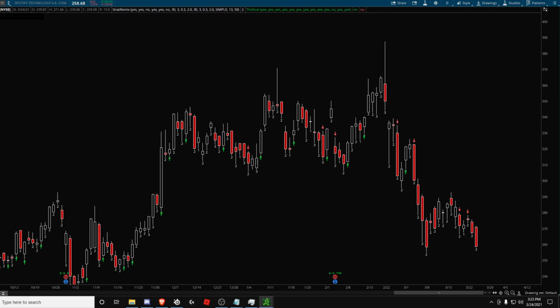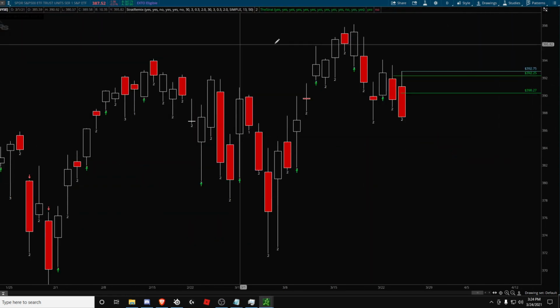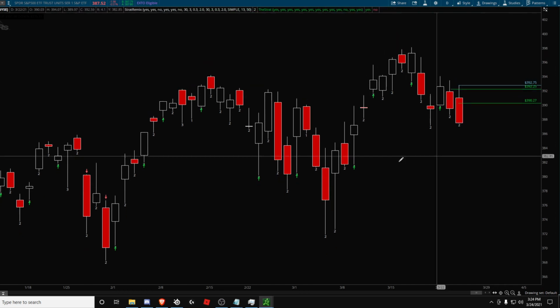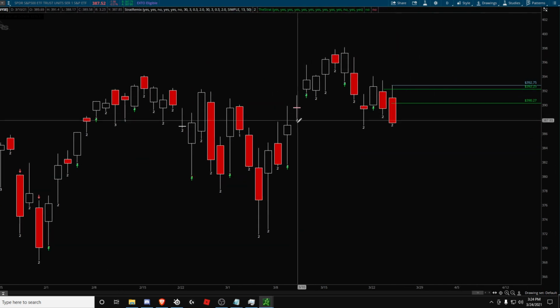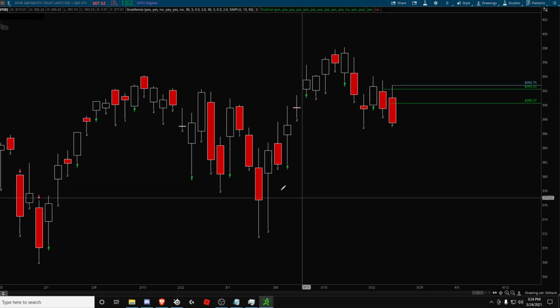How to find the pivots. All right, we'll go to SPY on the daily. So all a pivot is the low or high of a previous candle. So if you're trying to trade back through to the downside in a range, you're going to use the lows